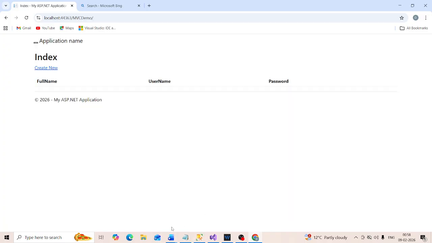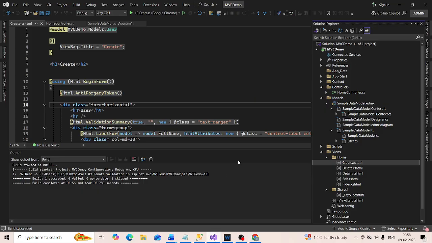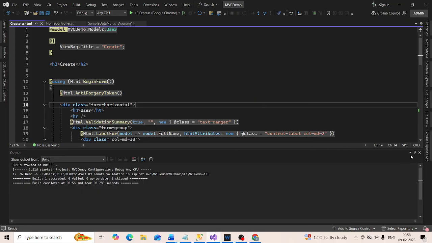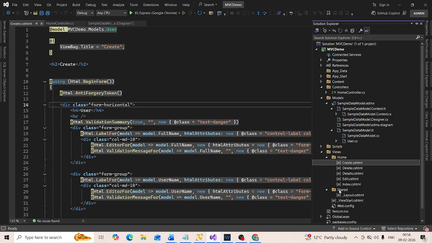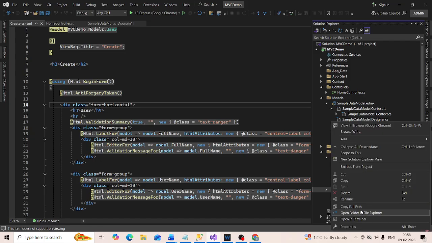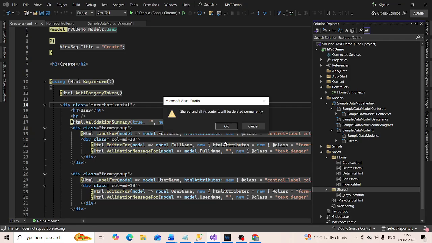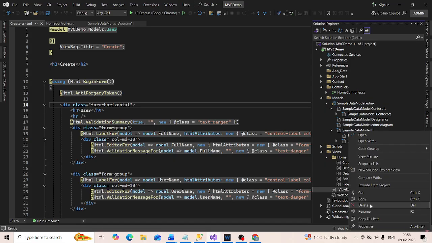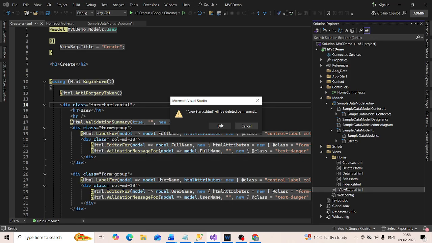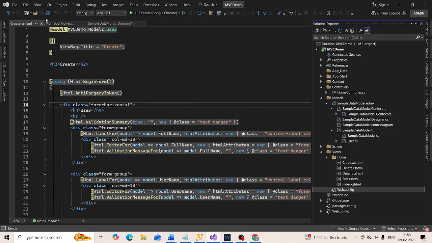We need to delete this shared folder and delete this views start.cshtml file. Okay. Save the changes